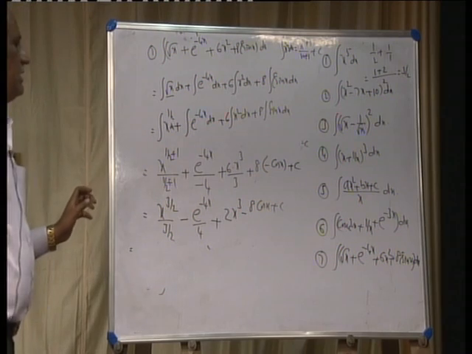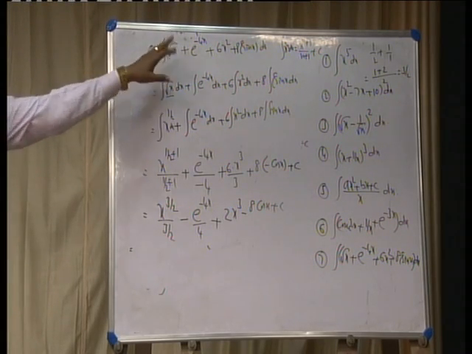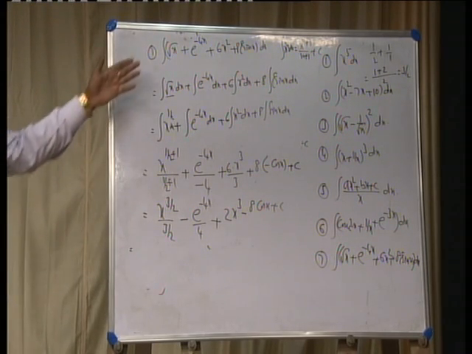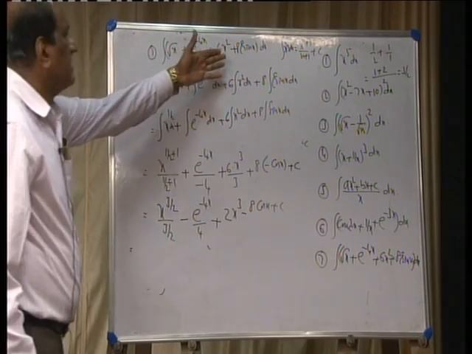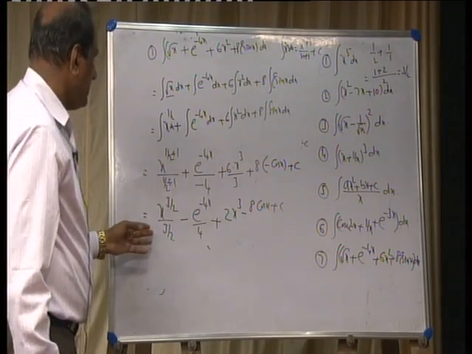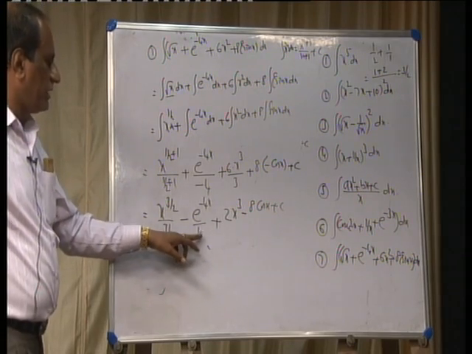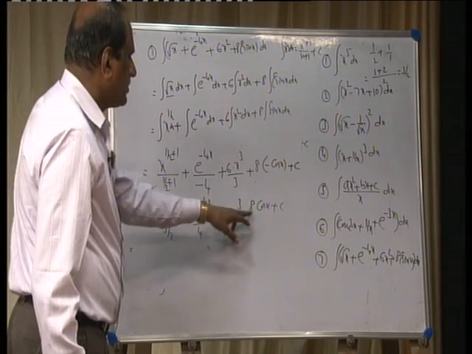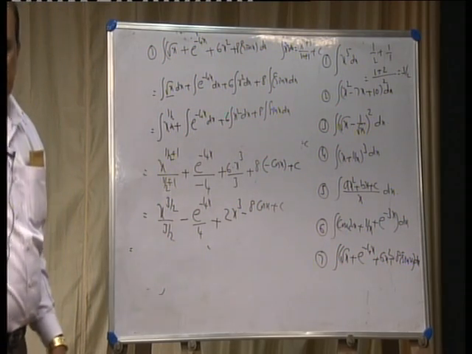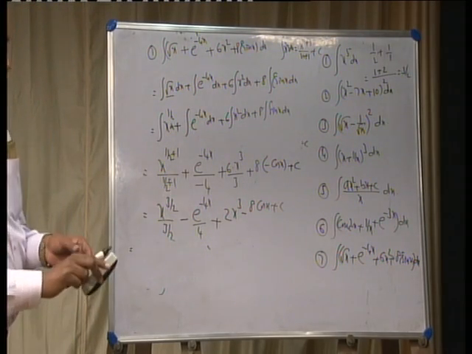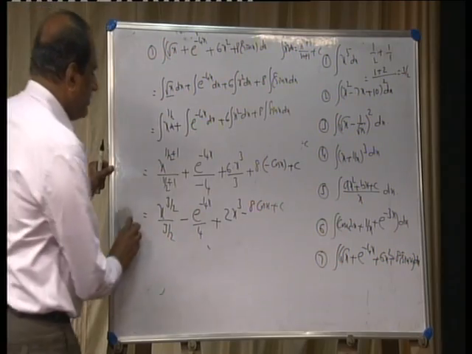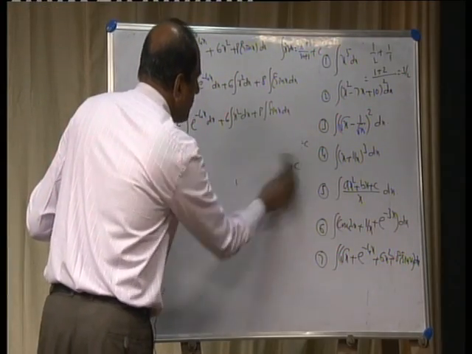So, this is the value of the given integral: root x plus e power minus 4x plus 6x square plus 8 sin x integrates to x power 3 by 2 by 3 by 2 minus e power minus 4x by 4 plus 2x cube minus 8 cos x plus c. So, this is the procedure to integrate. Now, I am going to write some more problems